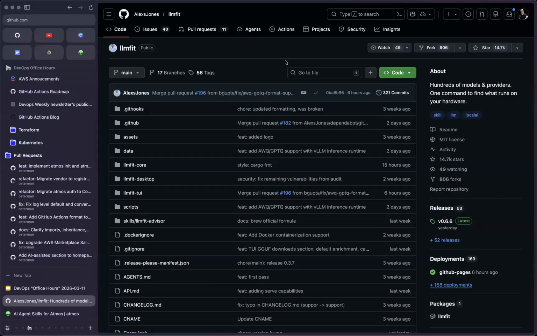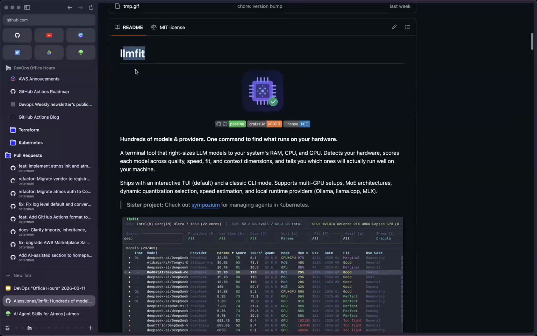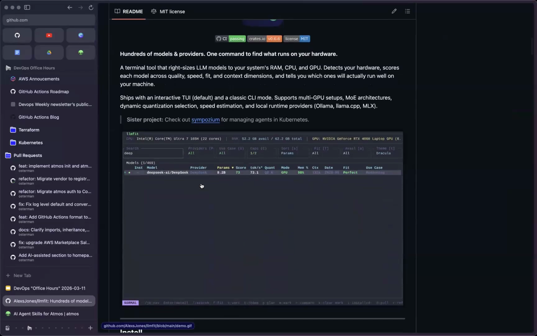But it definitely made me curious about seeing what models I could run locally. Unfortunately, when I got my Mac Mini, as everyone did, for OpenClaw, I wasn't thinking that Anthropic was going to shut it down. And so I didn't buy the max memory. I only got 16 gigs of RAM, and not many models run on that. So I thought this was an interesting tool that came out around the same time. I haven't gotten to check it out, but it tells you, based on your system's profile and performance, what models you can consider running locally.